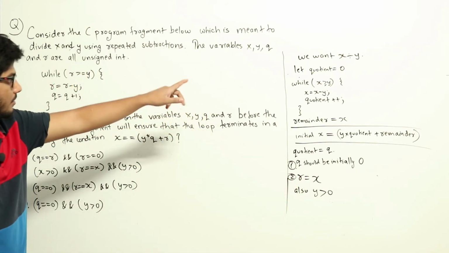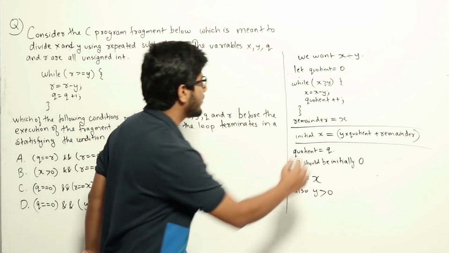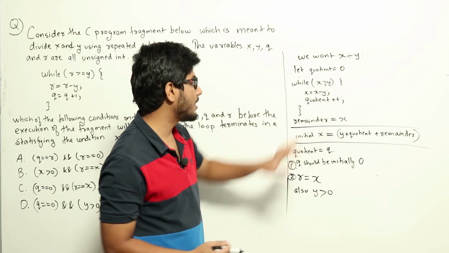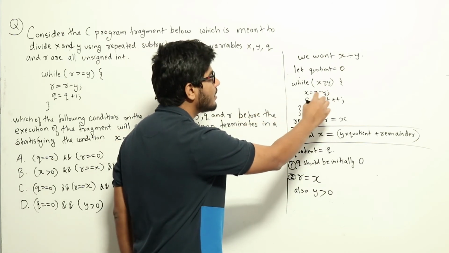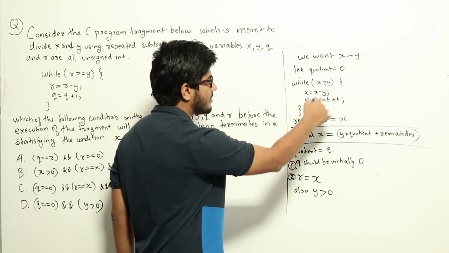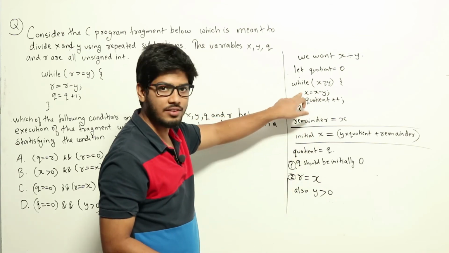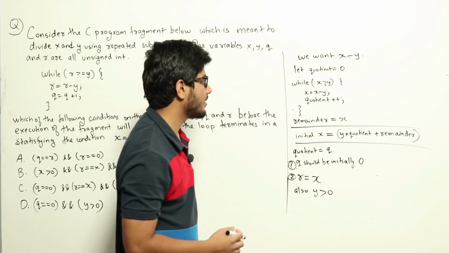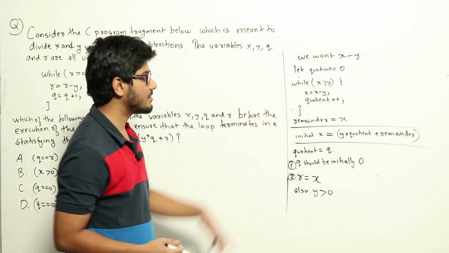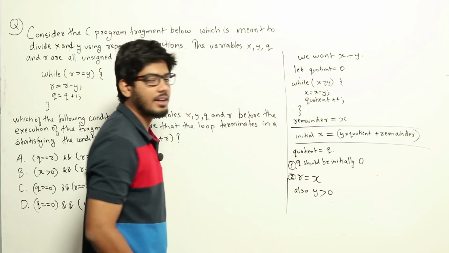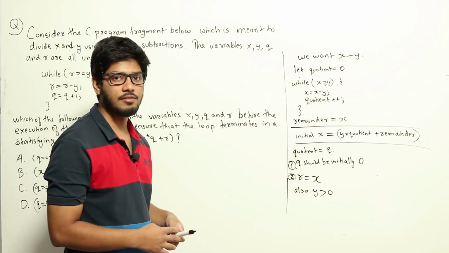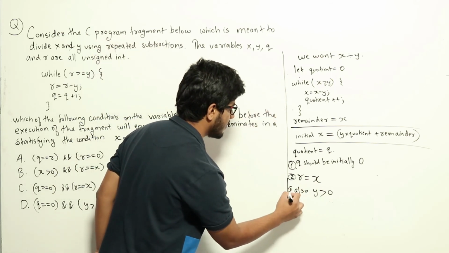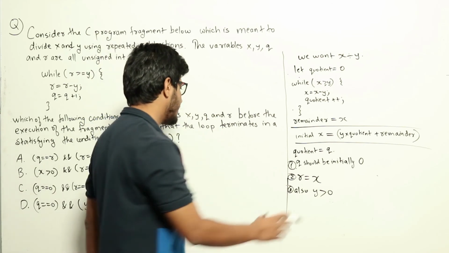And also one more condition: in the while loop we are doing x equal to x minus y. Now y should be greater than 0, not equal to. Only if y is greater than 0, this loop will reduce x, and only if x is getting reduced, this will terminate eventually. If y is 0, it is just like division by 0, and this loop will keep on executing without any change, and that will result in an infinite loop. So one other condition is that y should be greater than 0. That's the third condition.